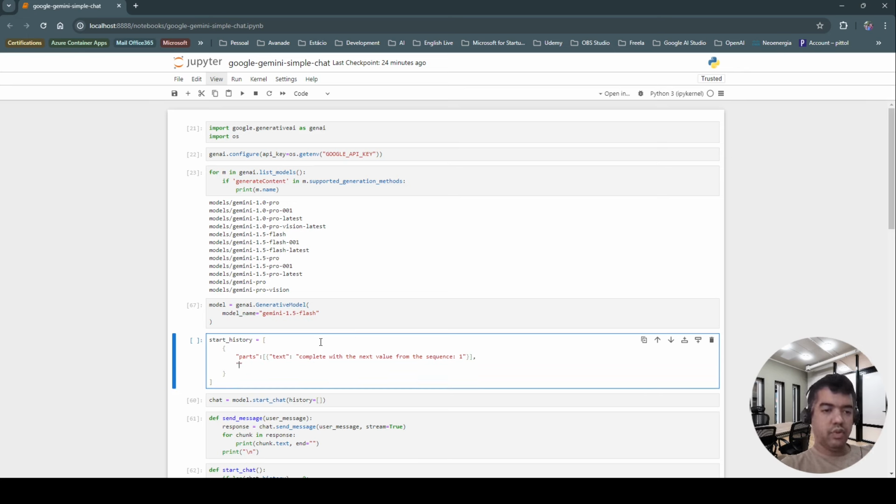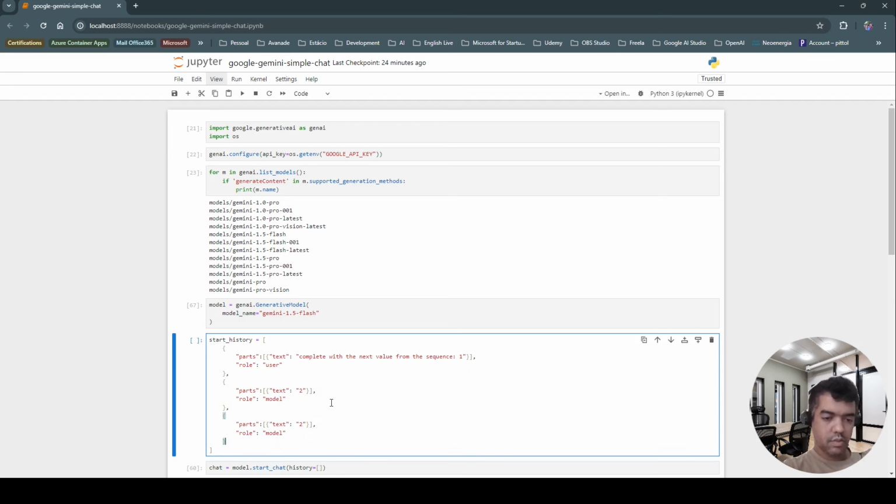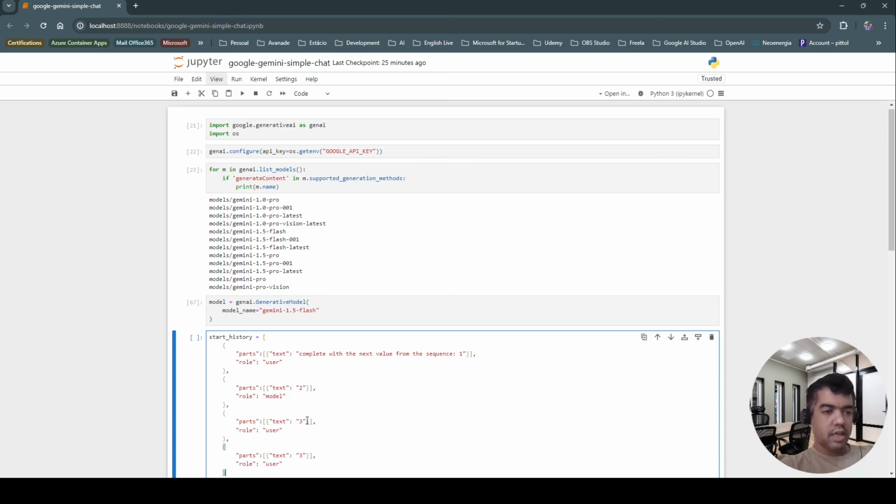The first message is from the user, so role user. The second message is from the model, responding 2. The next one is from the user again, sending 3. And to finish, the model responding 4.